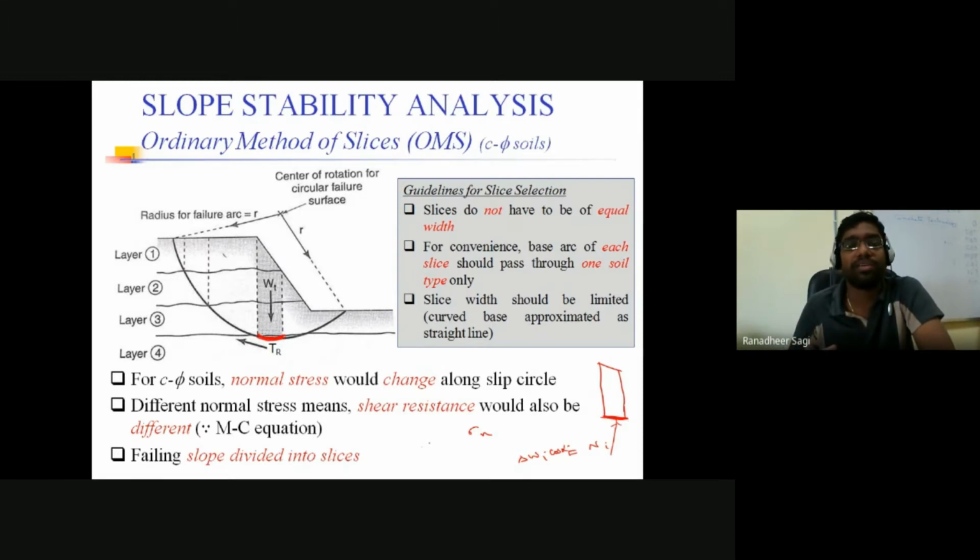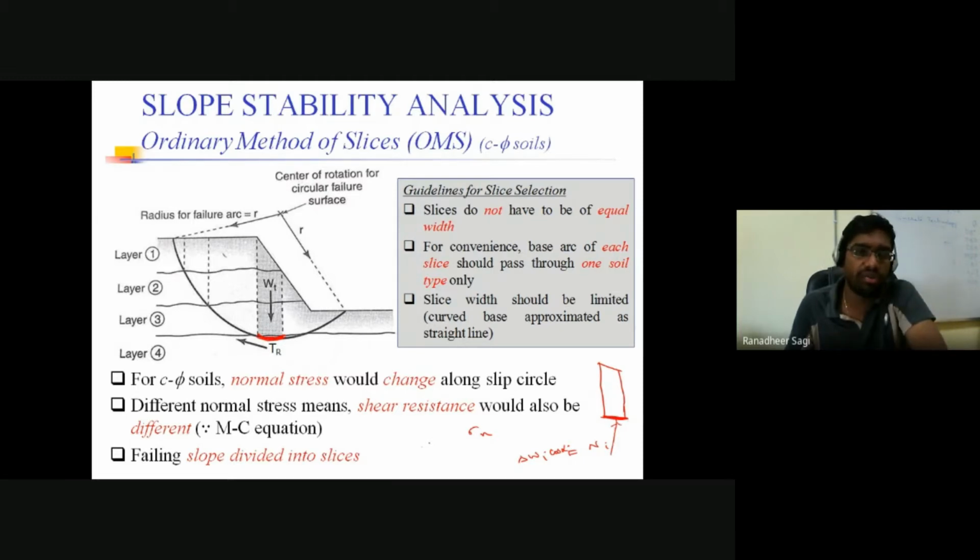your resisting force because of the friction between the particles along that failure surface. So because of the friction between the particles along the failure surface, how much is that additional resistance coming into picture? It is your frictional force. I repeat, it is your frictional force. So how much is my frictional force? Frictional force is nothing but N into tan phi, is what we write as our frictional force.